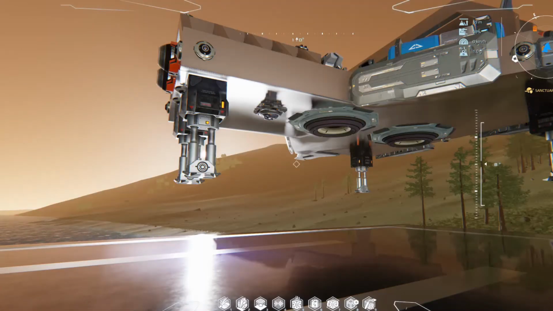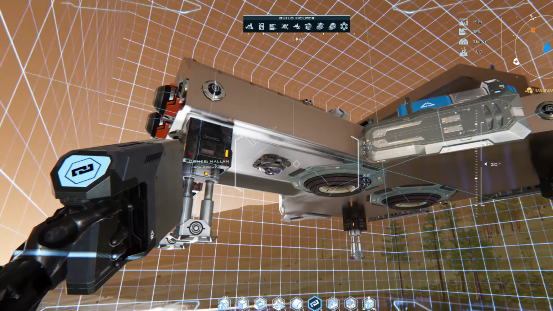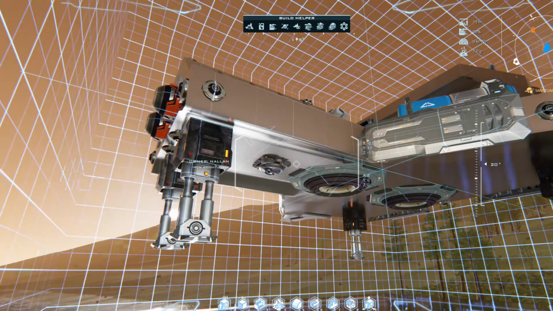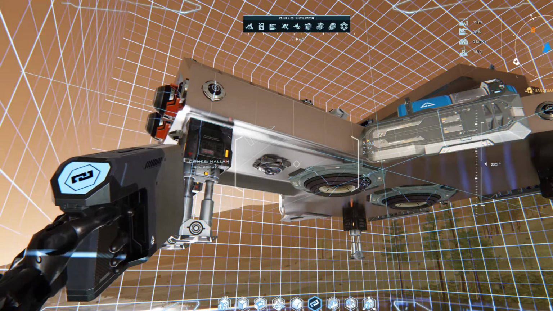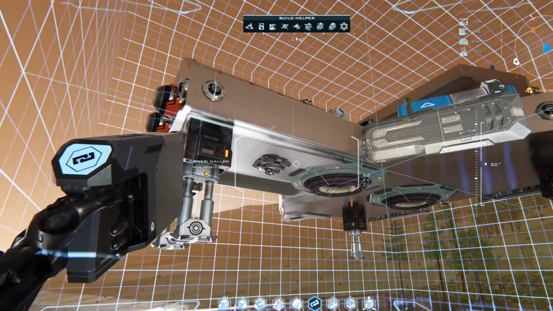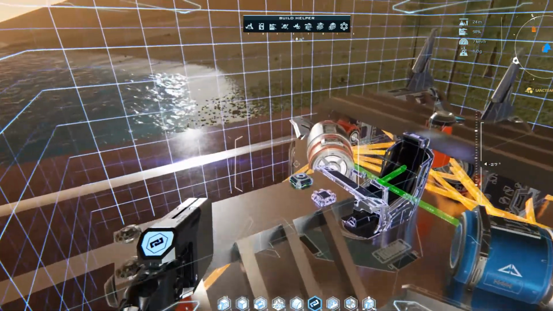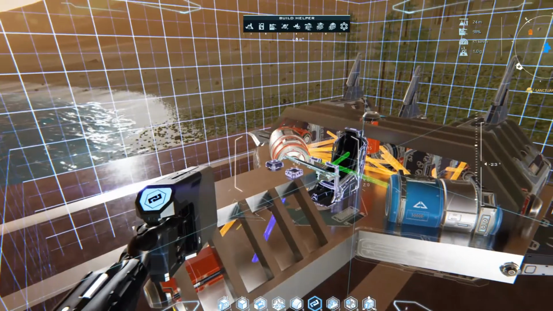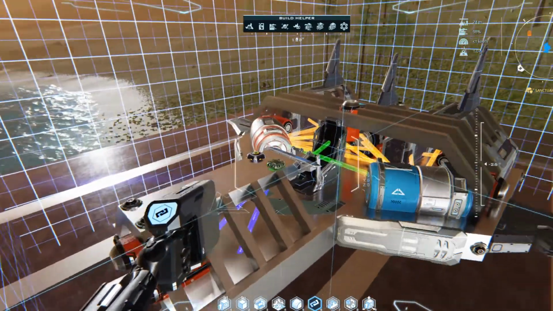So to start, we're going to press the B key to go into build mode. And then we're going to grab our link tool. That's number 6 by default. You can change that, but it should be number 6 in your tool belt to start. So now we're going to link these 4 landing gear to our relay. 1, 2, 3,